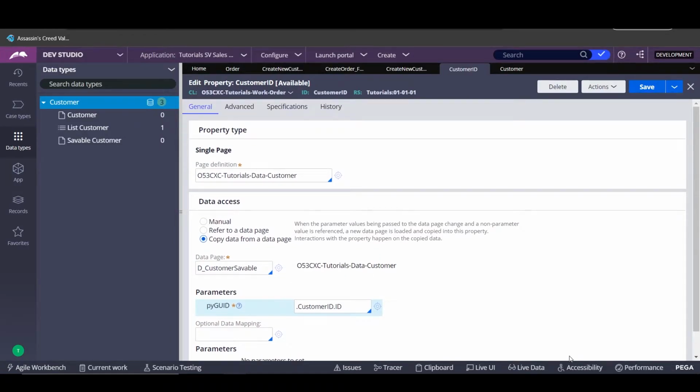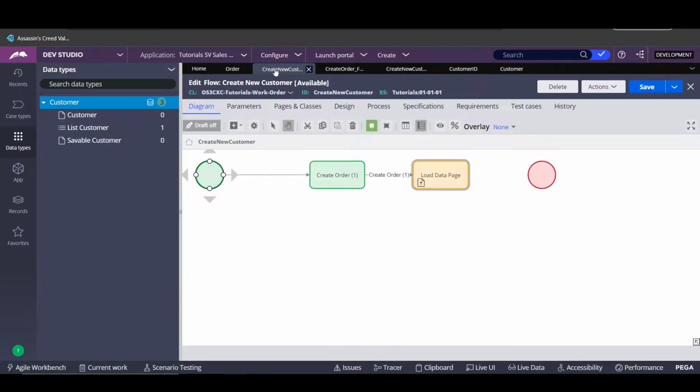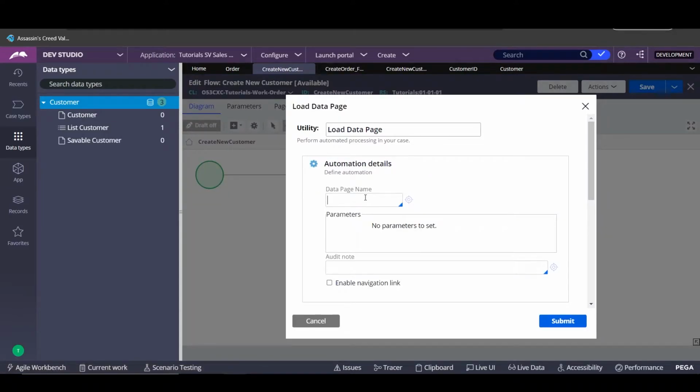Now we already have our property. We're going to use it in the automation shape in order to save the new record into the database. So going back into the flow, I only have to finish this. There we go. So on the load data page, we're going to use the option to